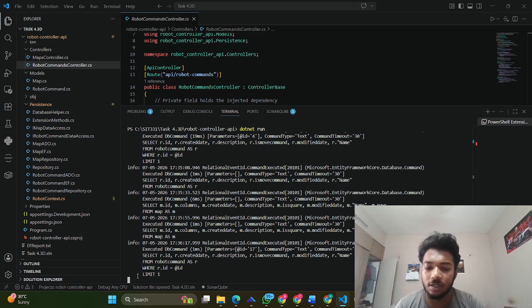So to summarize this task, we added Entity Framework Core as the third persistence layer, implemented using the database first approach, the repository pattern and dependency injection, also switching between ADO.NET, FastMember and EF Core with a two line change in Program.cs. Thank you.